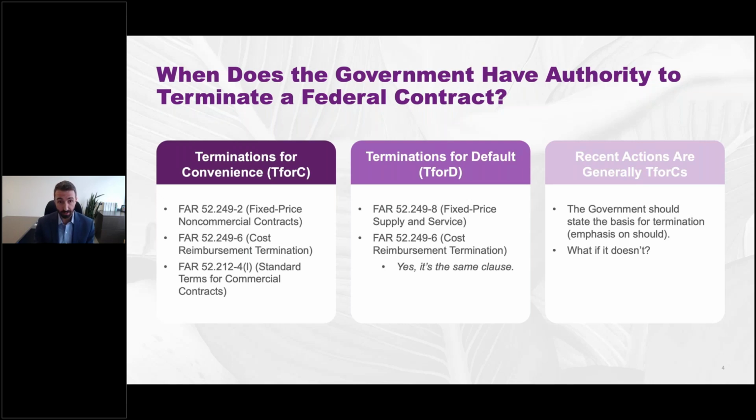But what happens if it doesn't? Well, it can get a little complicated. Again, it's really in everyone's interest for the government to be clear about why it's terminating and on what grounds. But if it doesn't specify, the default assumption you could take, and it would be something you would want to pursue, just to be clear, you wouldn't necessarily want to do this in the abstract, is that if the government isn't specifying a determination for default, then presumably the government's only other basis would be a termination for convenience. Since the bar on default is quite high, it would have to specify a default.